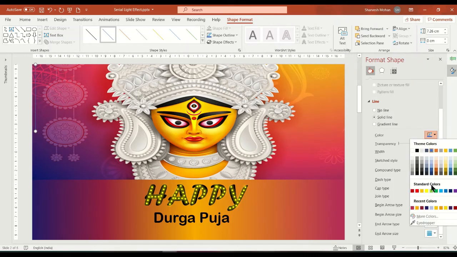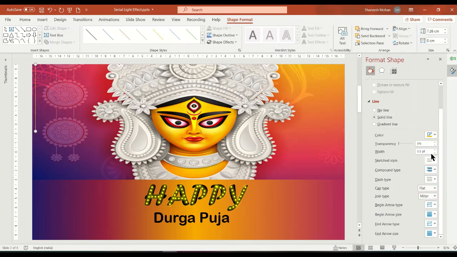We'll change the color to yellow, maybe red. Now we'll take an orange one. Width, we'll put some 20 points, 10 points. Dash type, this one. Again flat, round, miter, round. We'll increase maybe to 10 points.